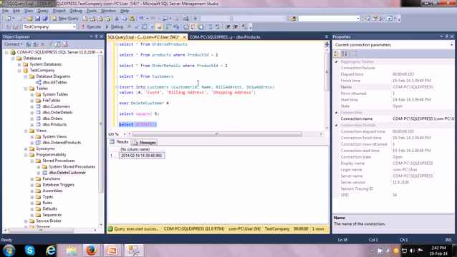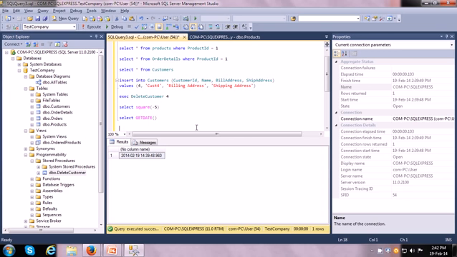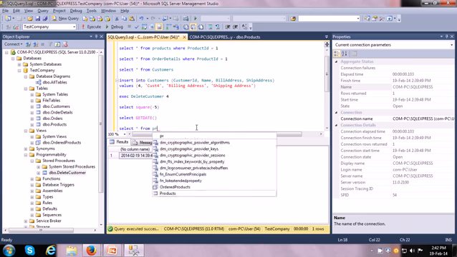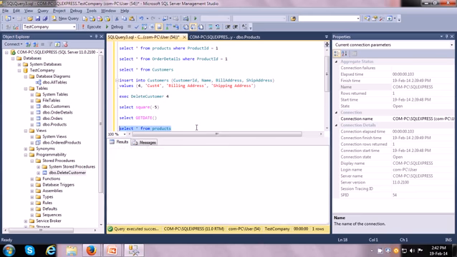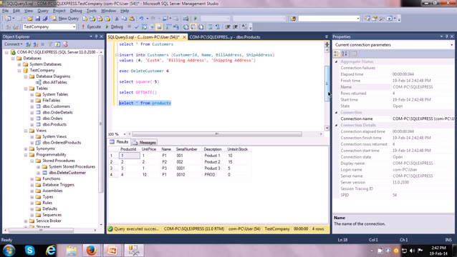So here, let me look at the products table. Select star from products. One other thing we can keep in mind is that sometimes when we say select star from products, star means show all columns. If there are many columns, we may not be interested in all of them, so we can specify the column list.